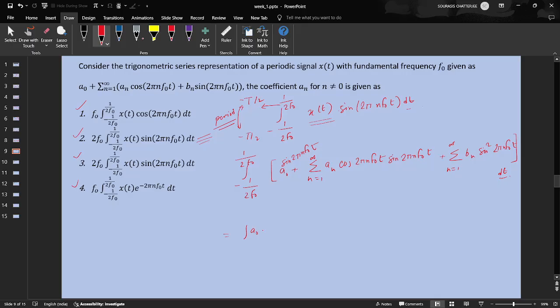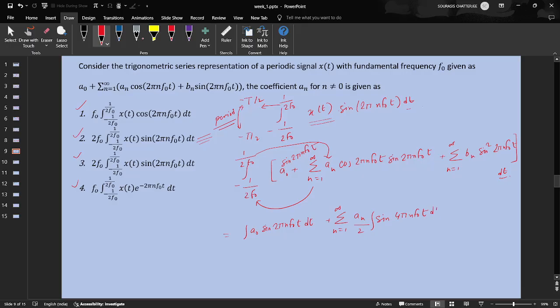So here we have a naught sine 2 pi n f naught t dt, plus we can interchange the order of summation and integral here. This will come here and this will come inside. So we have summation n is equal to 1 up to infinite a n is a constant, and what is this, cos a sin a, it would be nothing but 1 over 2 sine 4 pi n f naught t